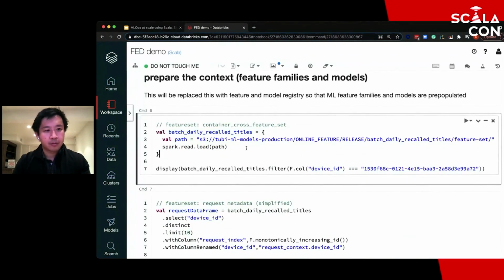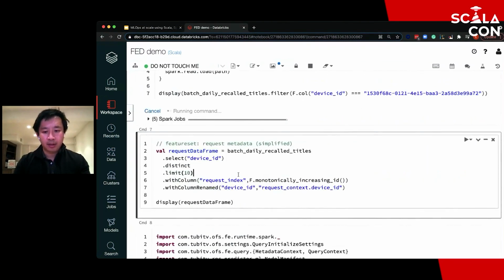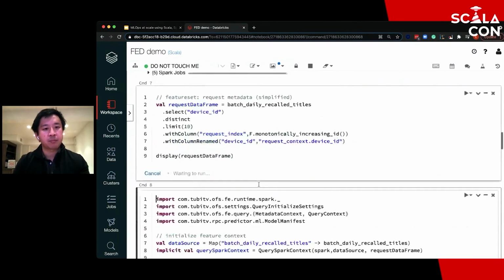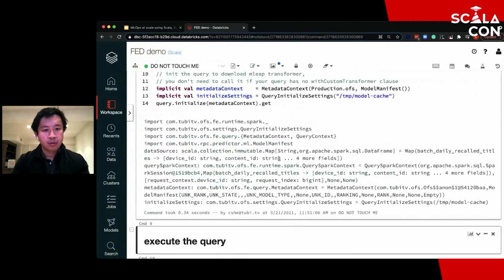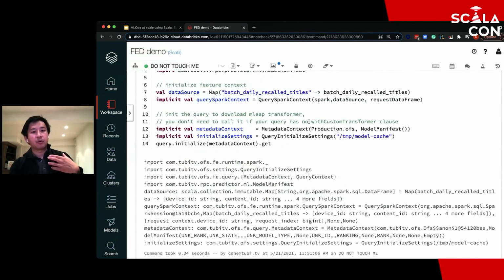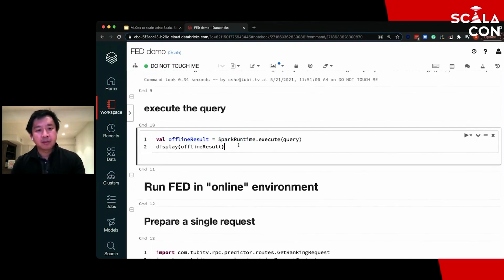So here we prepare the execution context manually. But essentially what I'm doing is just generating data frames that represent my feature families. And when our ML team's actually working with this, we'll provide them with an API in front of our feature store. So all of this mapping is done automatically, right? And then the Fed has this Spark runtime.